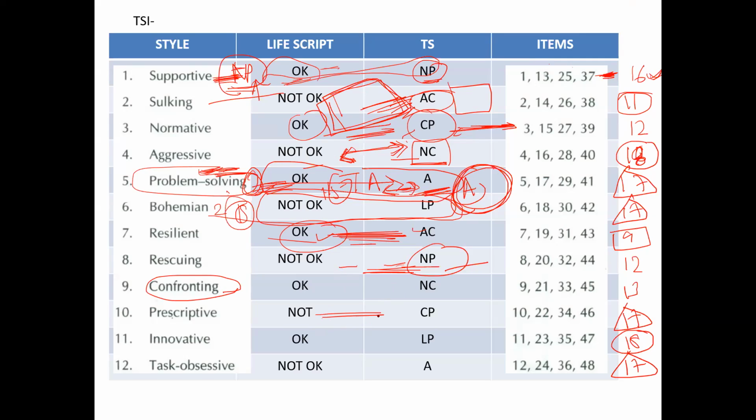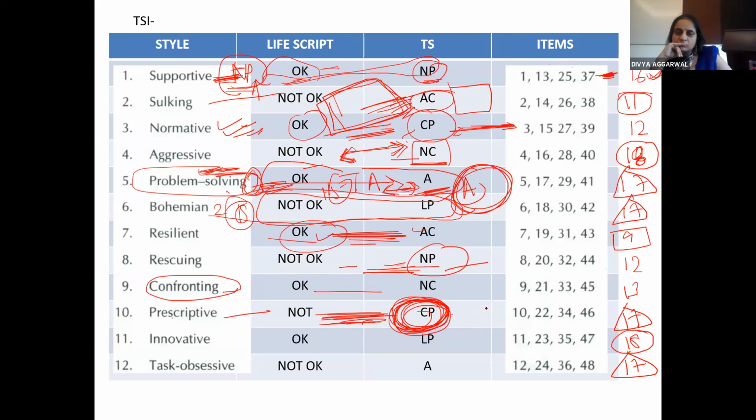This is, again, not okay controlling parent. Remember, third was very good parenting. Like it is good. This is too prescriptive. You are too much into ought to, should do, aisa hona chahiye, aisa nahi hona chahiye, you must come on time, you must leave on time, you must do this, you must not do this. Too much controlling. If this is not checked at the right time, you may end up becoming second Hitler, second Kim Jong, the autocrats. Too autocratic.